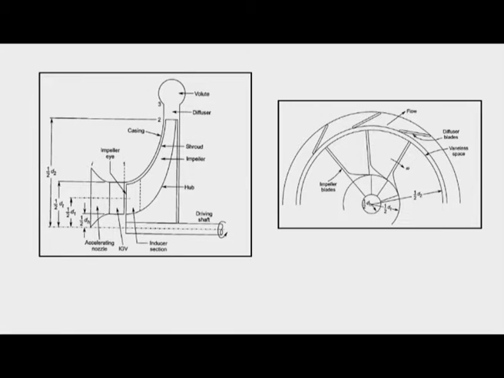So practically, in a sophisticated or complete compressor, what we would have is an accelerating nozzle, then we will have inlet guide vanes, then the inducer, then the impeller, then the diffuser, and then the involute casing. So this is the complete construction of a centrifugal compressor. There may be an inlet guide vane or may not be, there may be an accelerating nozzle or may not be, but the rest of the components exist in a centrifugal compressor.